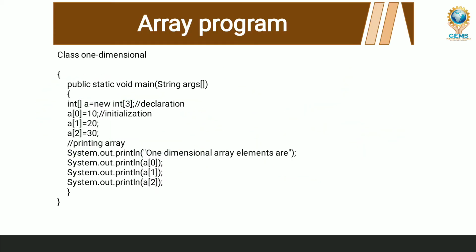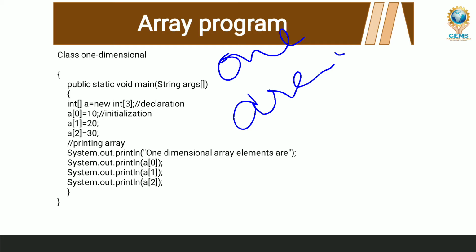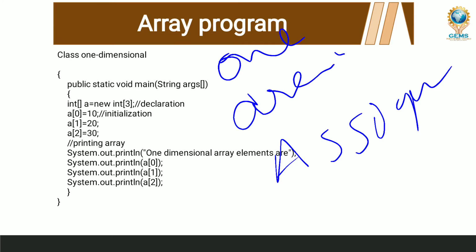So for a small example, to cover assigning elements, the one dimensional array, as well as declaration, three things we can cover here. One is the one dimensional array, the second thing is declaring the array, and the third thing is assigning elements. Three things we can observe in this program. One is the one dimensional array. What is a one dimensional array?